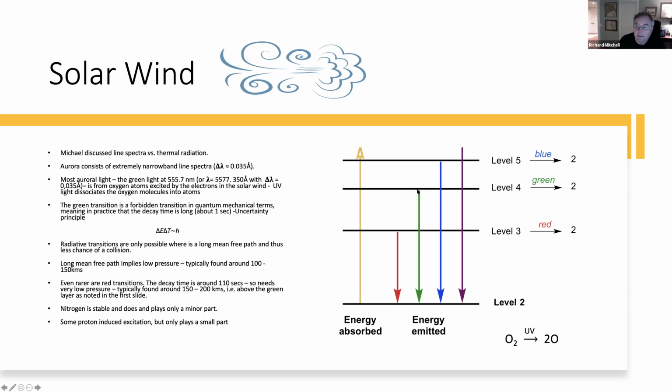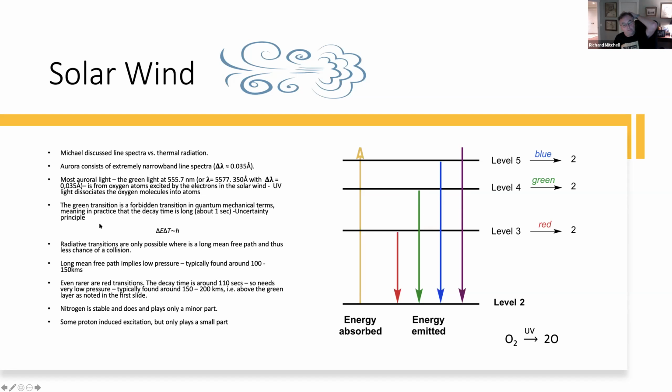And the long decay time, in accordance with the uncertainty principle, implies very narrow line width, and so the line width of the green coloring is about 0.035 angstroms, which is absolutely tiny,